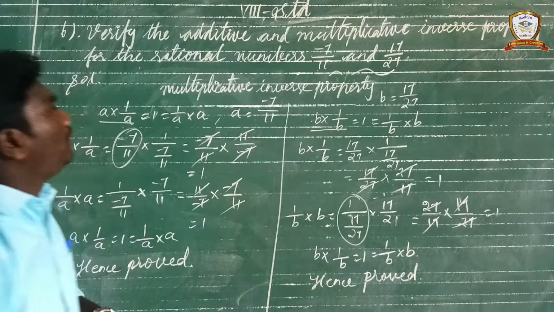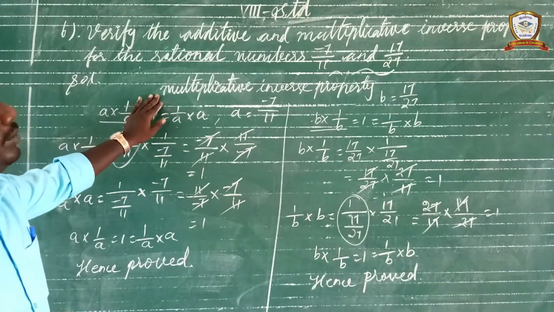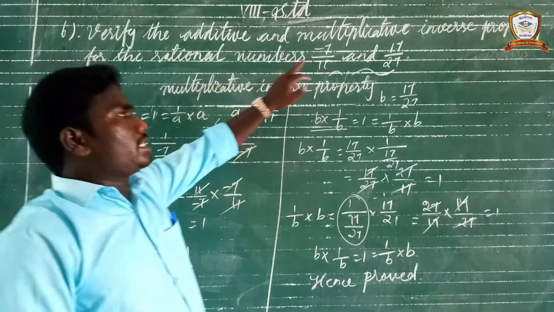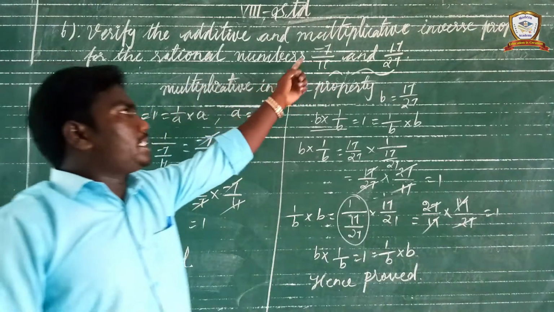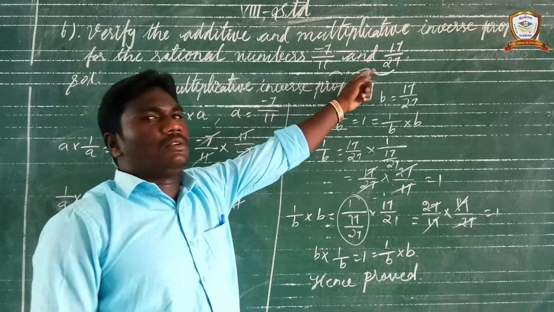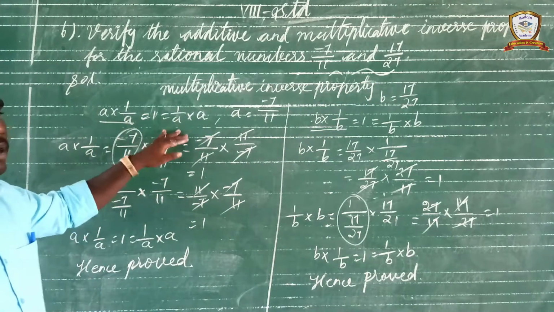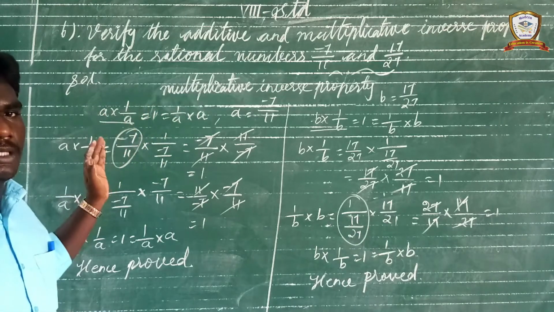So here, given, the first one you want to find the additive inverse property and next the multiplicative inverse property. So here two rational numbers are given. First you take minus 7 by 11. After that you take 70 divided by 27. If you have any doubt, okay students, the subject type questions are already finished. Next, shall I go to the homework sums? Okay.